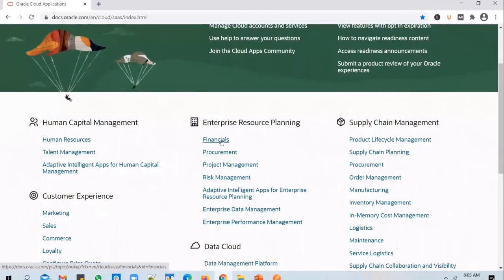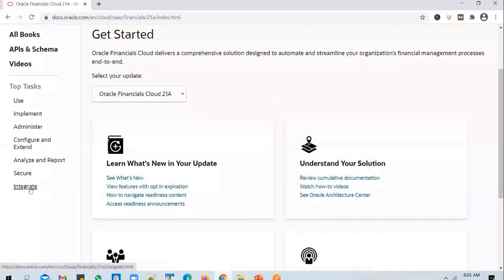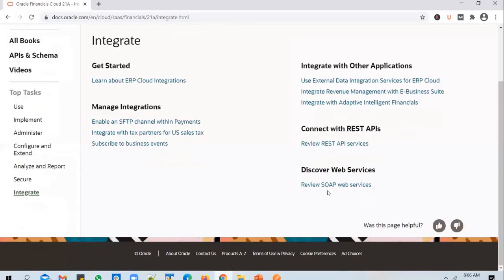If you are interested in Financials, go to Financials. And you click on the Integrate option. In the SOAP services, we went into this option, and from this, we picked up the journal import service.